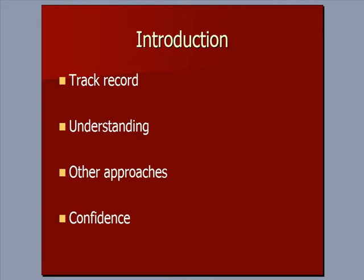I'd like to talk about an introduction into this topic. This course, Selling Skills for Non-Selling Professionals, has been used and tested successfully for 20 years, so it has a great track record. The methods work because of an understanding of the client. We address the true wants, needs, and concerns of the prospective buyer, and that's our critical difference. And in fact, we've seen from a lot of other approaches that talk about overcoming objections that our approach is